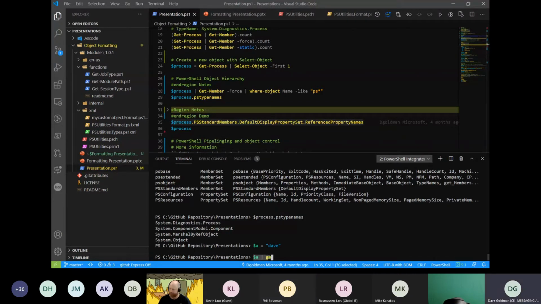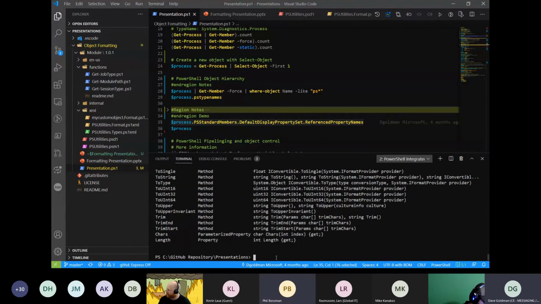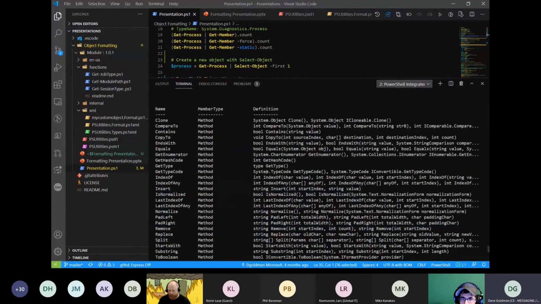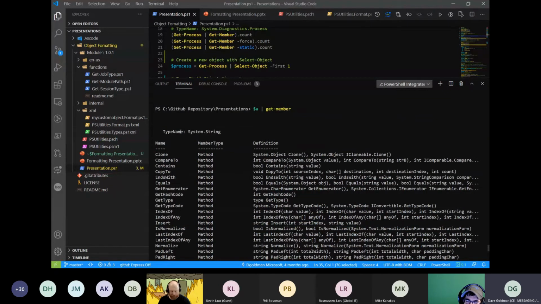And going back to the objects, one thing I would recommend, if you're not familiar with the type names or some of the things, is that anytime you have an object and you want to know more about it, you can always send it down the pipeline to Get-Member, and Get-Member will always give you a display like this. This shows that I created a string, and for this type, it's a string.